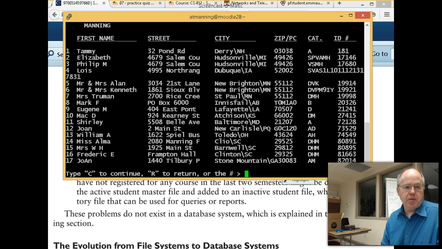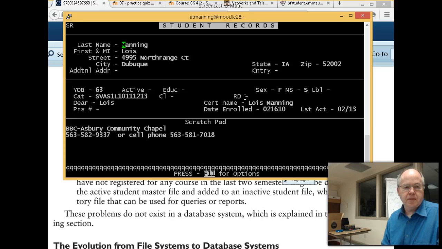And let's see, there's my brother Philip, there's my wife Lois. Let's take a look at her records. Yep, got the current address. Now F11, I'm not sure what that'll do for me. Look at it, it actually has her current information,